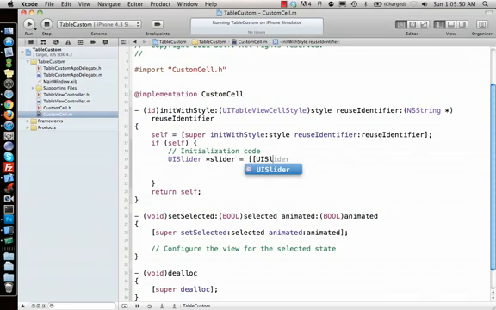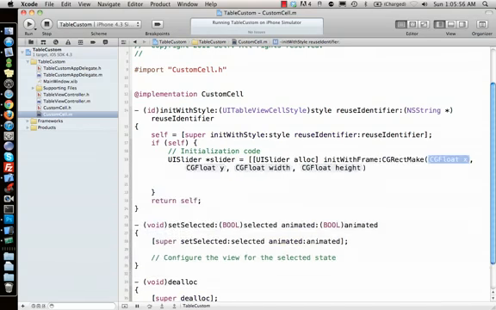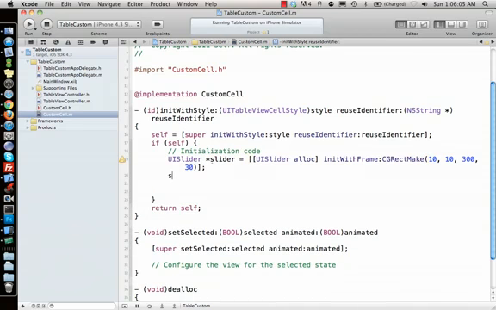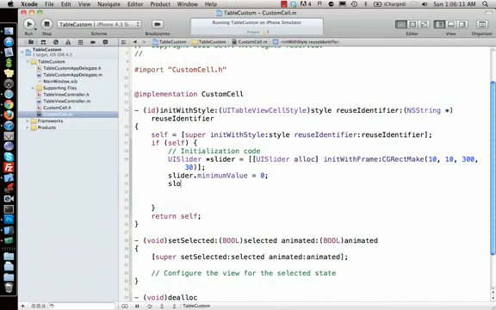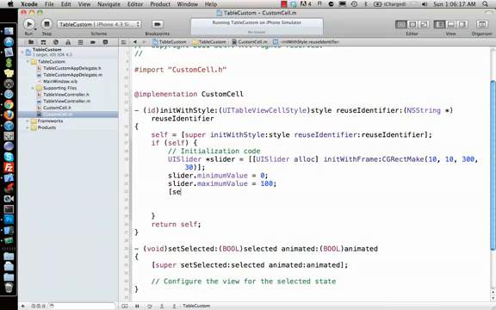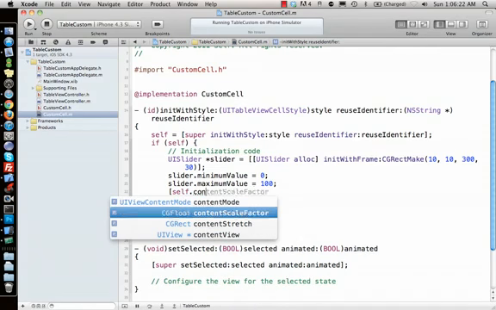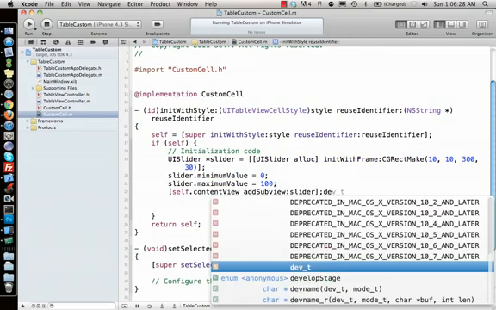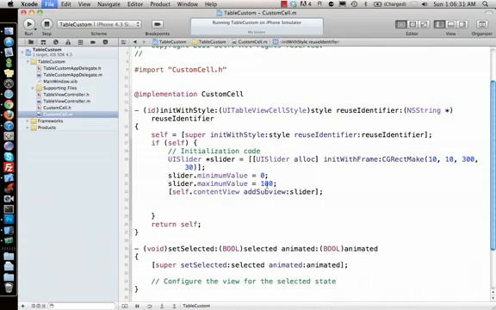equal to UI slider allocate init with frame CGRect make, say 10, 10, 300, height is 30. So I set slider dot minimum value equal to 0, slider dot maximum value equal to 100, self dot content view. Remember this, the table view cell has something called content view, add subview, slider. So once I add that, save the file, and what we should